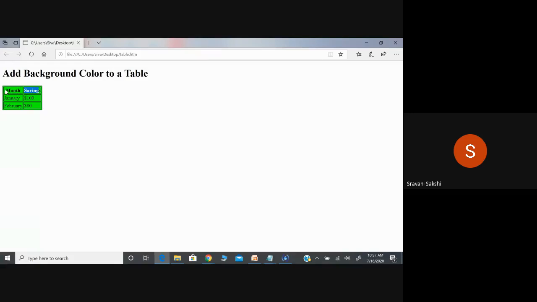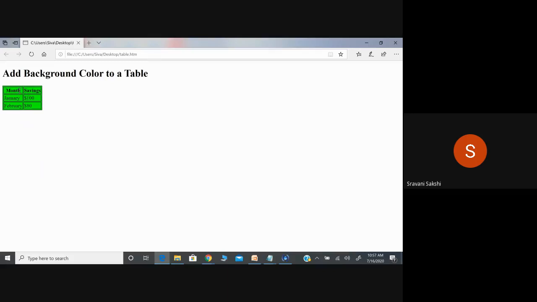As it is a header, by default, the table will highlight that particular header with the bold font. All the complete table data will be given normally using the table rows. So this is the table creation and also giving the background color to that particular table.